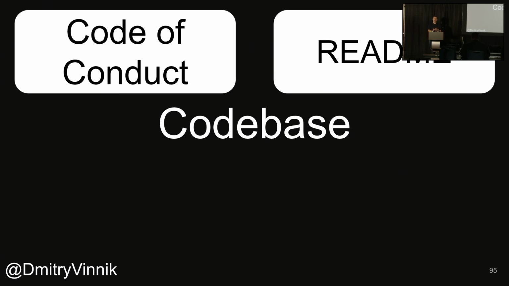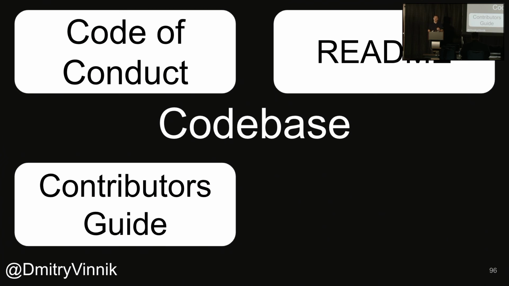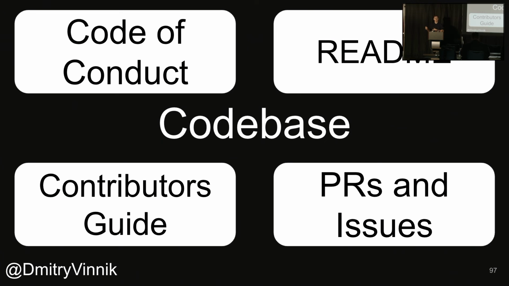README, it's the thing people will see first when they go to your repository. There are many resources out there on how to write it, and many tools helping you to write a proper README: what the project is, why they should use it, how to use it, really quick, brief documentation there. Contributors guide: if you are looking for contributions, say it in the contributors guide. Explain how they can do it, how they can build it. Don't keep it in a silo that only one person in the company knows. If you're making it open source, you have to think about it. And lastly, if you're working with pull requests and issues, and as you can see, they're piling up, think about the feedback loop.